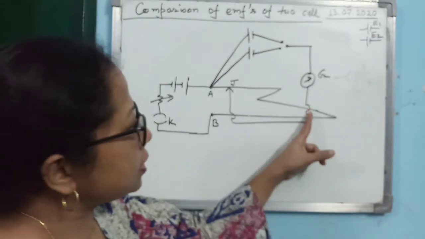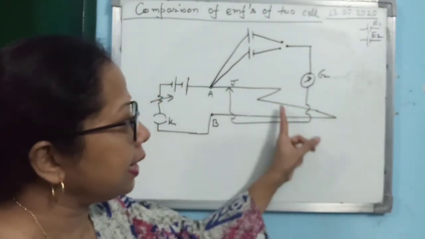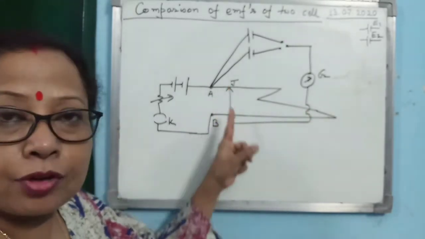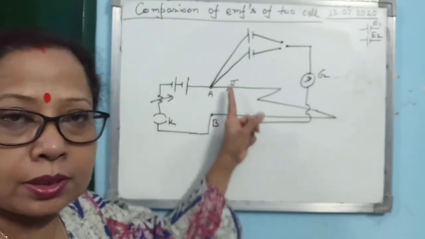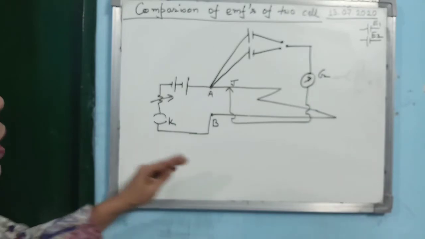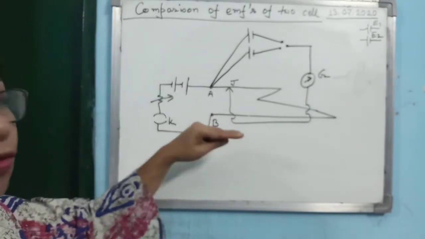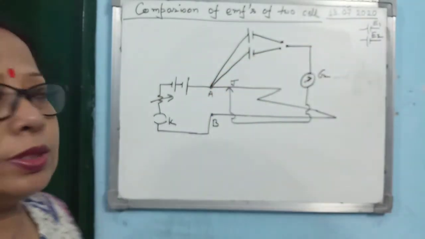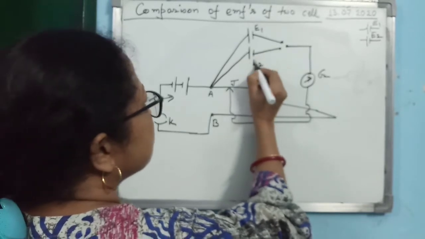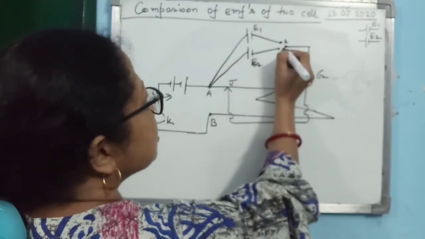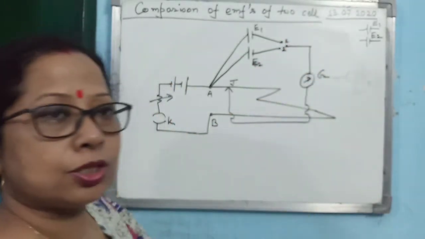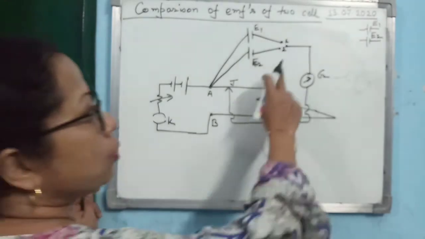Is that clear? Here you see, whenever I cross any conducting wire, this is the symbol you must use. I have crossed it; I have not touched it, crossed, jumped. So this is the circuit diagram of the experiment by which you can compare the EMF of two cells. This is E1 and this is E2. Now let us name the gaps 1 and 2, because in the two-way key there are two gaps, 1 and 2. Now listen to the steps.